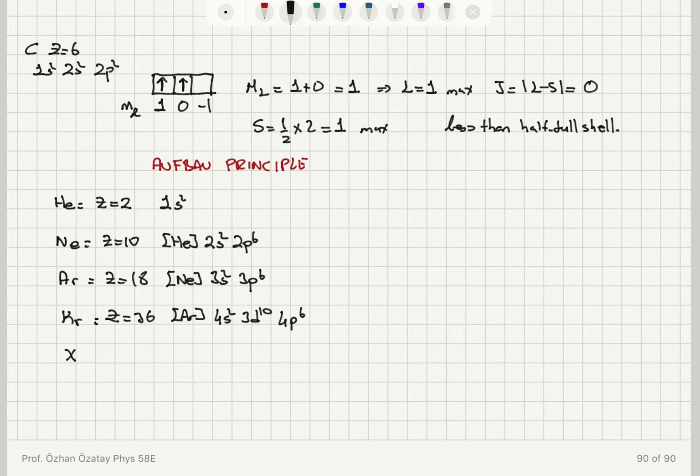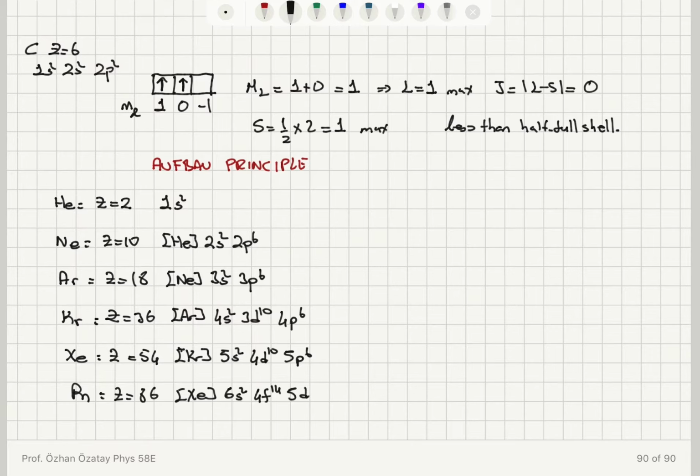For xenon configuration, which has Z equal to 54, we have krypton configuration 5s2, 4d10, 5p6, and for radon configuration Z is equal to 86, we have xenon and then 6s2,